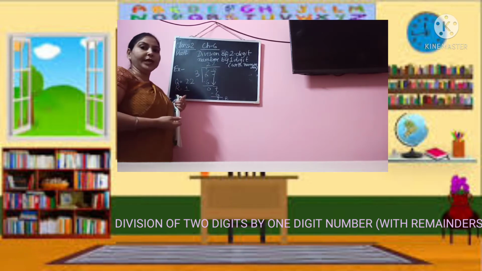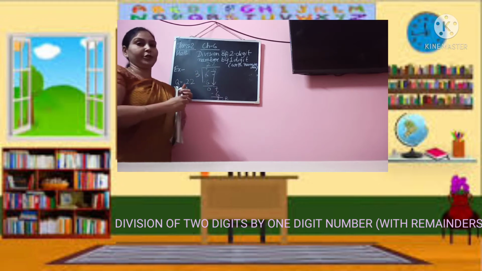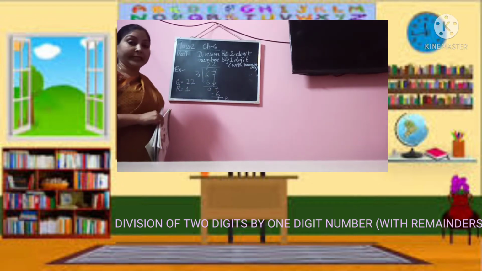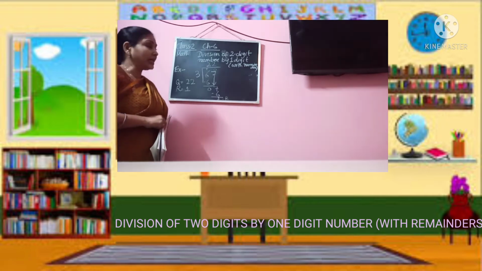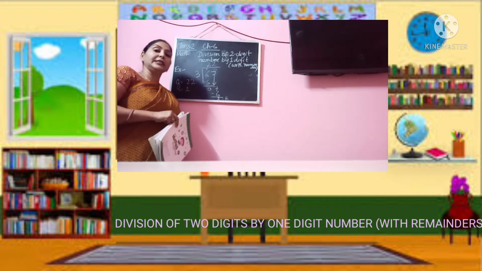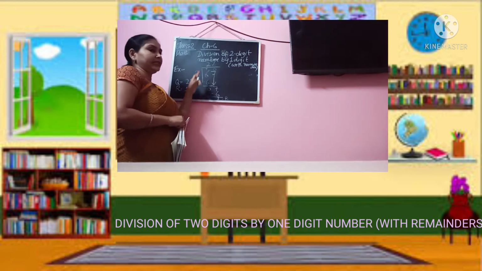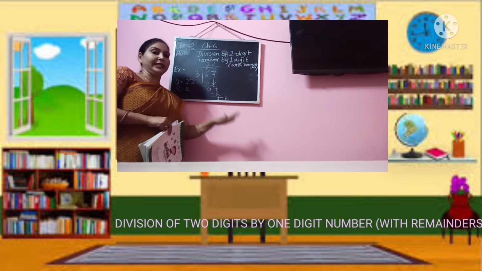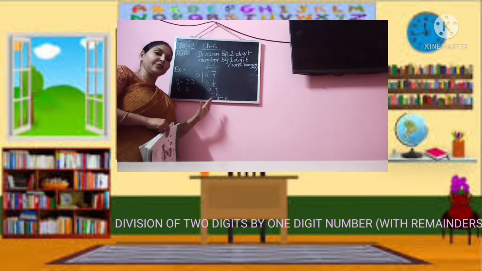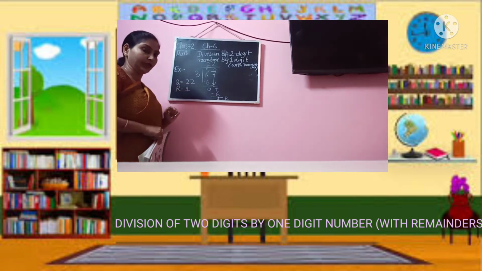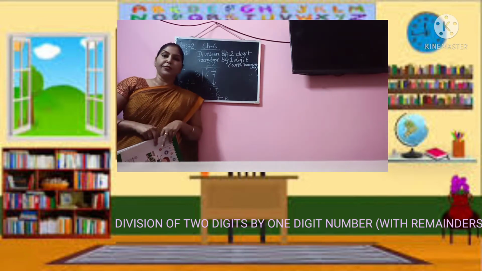In this kind of question, we have to first take the tens place, because in this class you will be dealing with 2-digit numbers only. So you will take first the tens place and then you will go to the ones place. First you divide the tens place and then go to the ones place. Like that you will do the division. I hope it is clear to all of you.